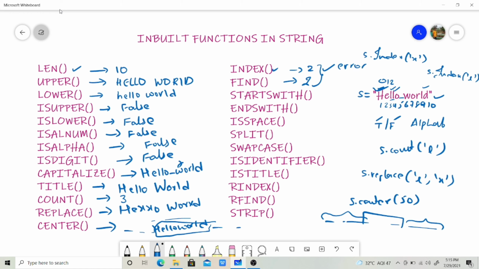But if you write s.find('x'), it will give you -1. This is the difference between index and find. Now startswith(): if you write s.startswith('H') with capital H, it will give you true, otherwise it will give you false. Here if we take s.startswith('H'), then it will give you true.